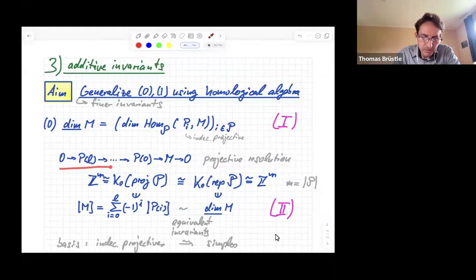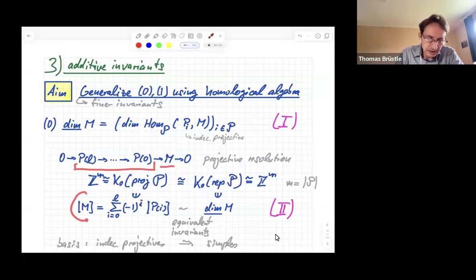So I give myself an exact sequence with projectives going into M. And the information we can extract from M: remember, at the end of the day, we are looking for a vector that we can associate with our module M. So the vector stored in that projective resolution would be